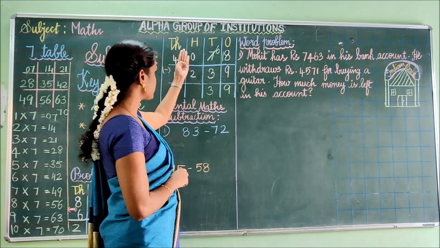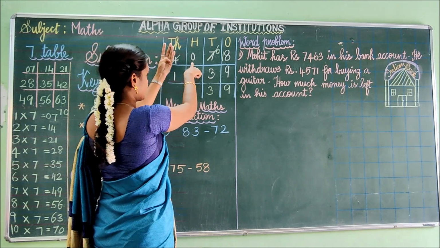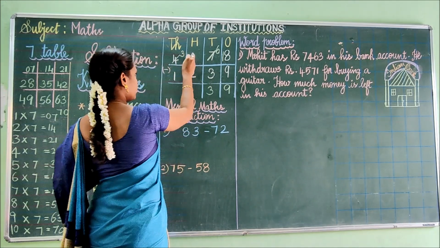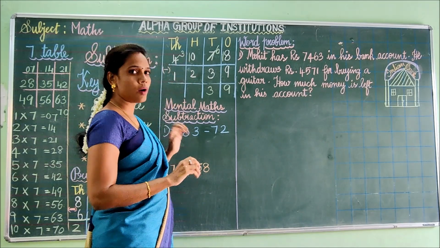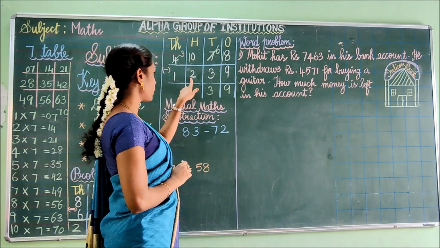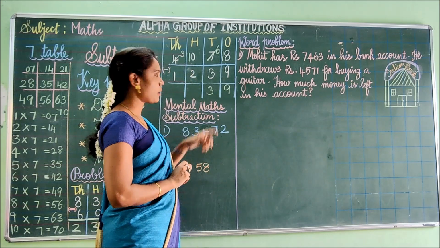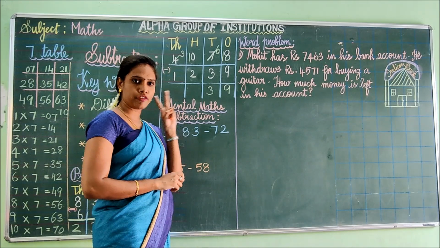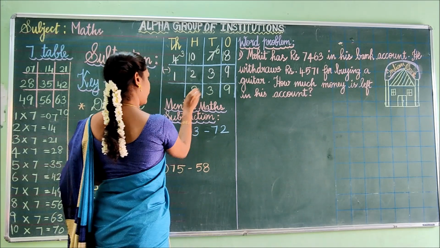Here in thousands place we have 4. We have to give 1 to hundreds place. So it becomes 3, and here it becomes 10. You are giving 1 thousand to hundreds place. Okay, fine children. See here, 10 minus 2. Now is it possible to subtract directly? Yes, because 10 is a greater number when compared to 2. So 10 in the mind, take 2 fingers back: 9, 8. So 10 minus 2 is 8.